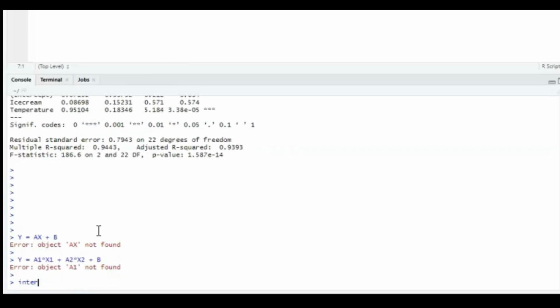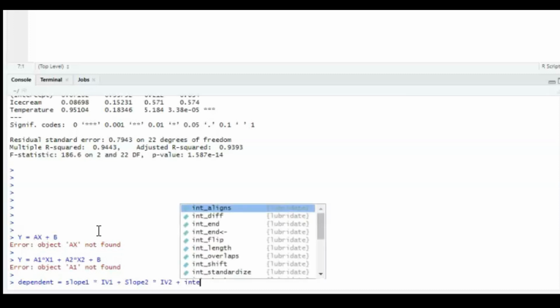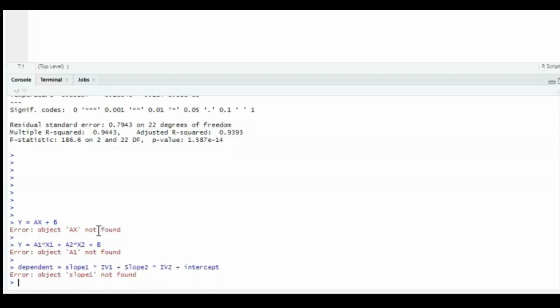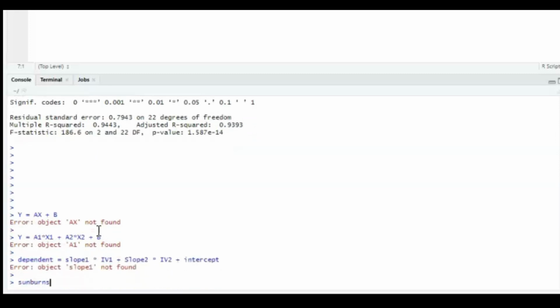The dependent variable is the slope of the first independent variable times independent variable 1, plus the slope of the second independent variable times independent variable 2, plus the intercept. Okay, and to make it even more specific, in this case it means sunburns is the slope of ice cream,